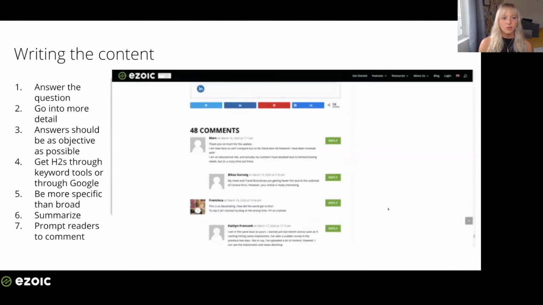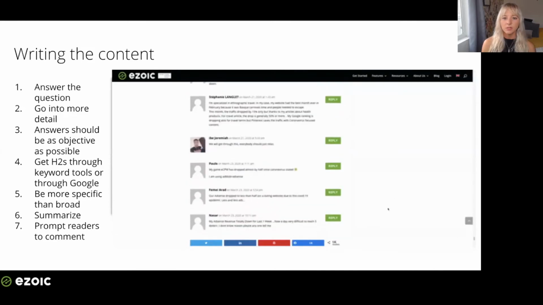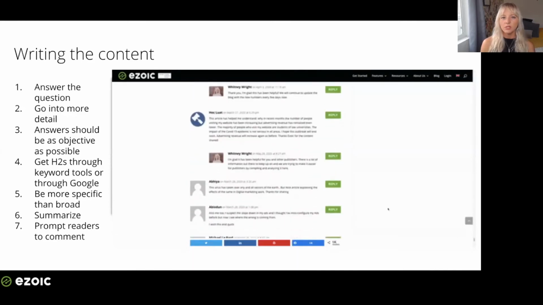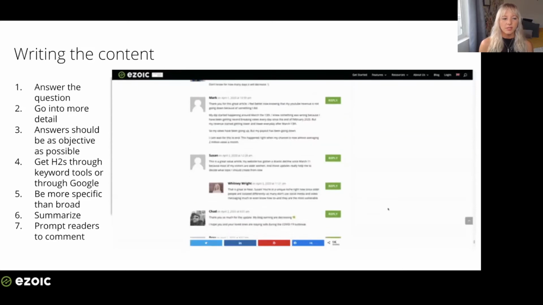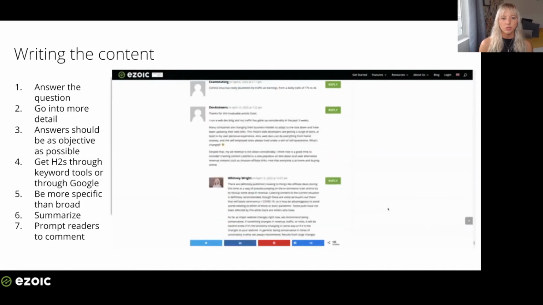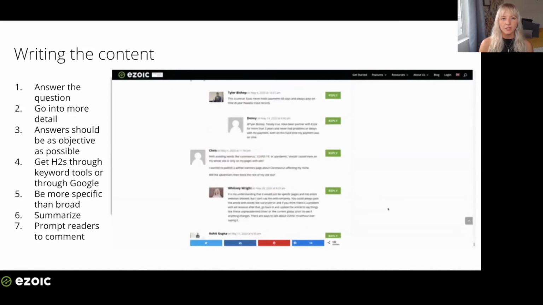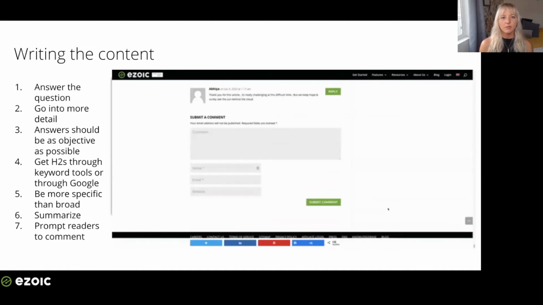So as I mentioned before, H2s throughout your content can be determined in exactly the same way as the title, through asking questions in Google and using keyword research. Then the People Also Ask section can give you ideas for headers, but it also allows you to see what users' search results are and what's trending on that specific topic. So you can use that to then write an article that will likely rank quickly.